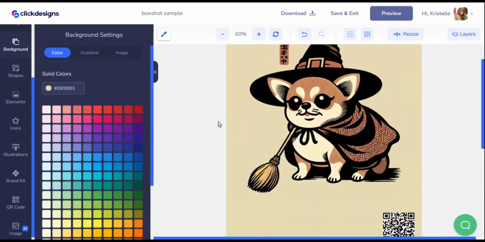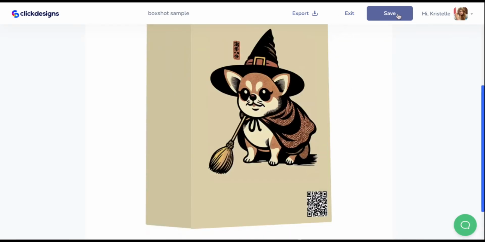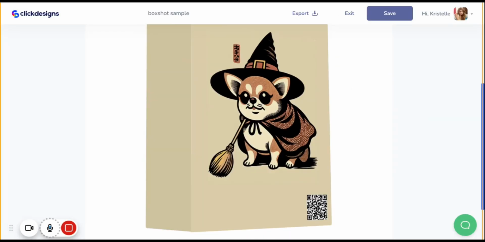All right, so when you're happy with that, simply click on save and exit and save. And once you click on save, it is going to show you your saved design with the QR code as seen here. So that is it. That is how you add QR codes to your